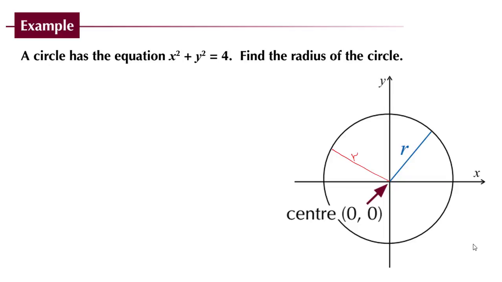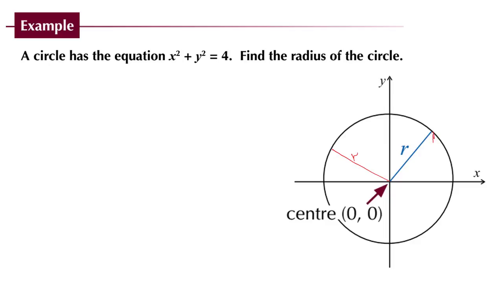Now in this equation, we've been told that a circle has the equation x squared plus y squared equals 4. Find the radius of that circle. The first thing is that the center of the circle is at the center of the coordinate grid, at (0, 0). Now to find r, the first thing we need to do is drop down